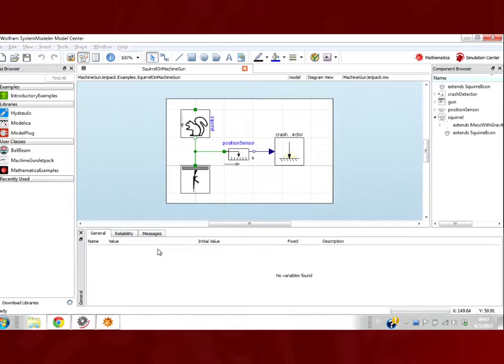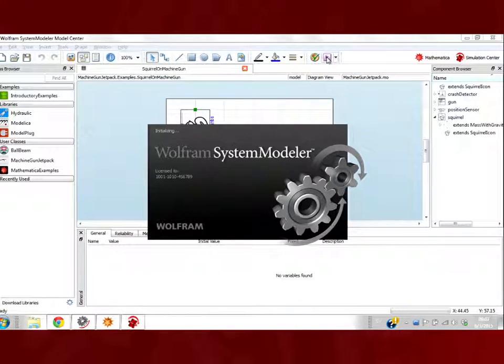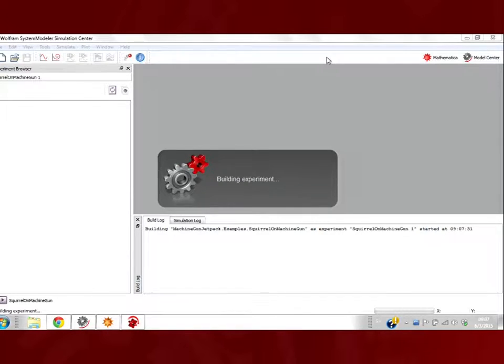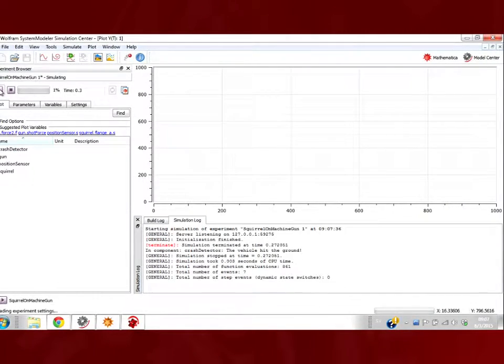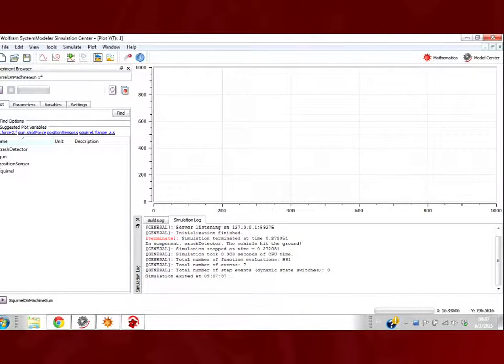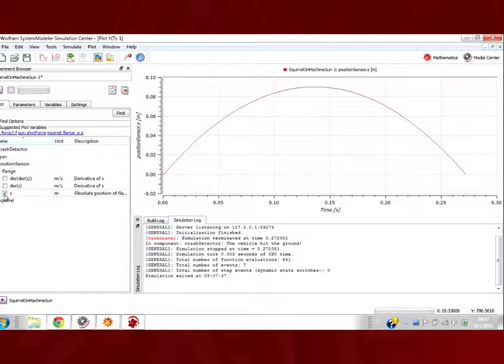Instead, let's do a simulation from in SystemModeler first of this. So I click Simulate. This is converted to C code, actually, and I can simulate and see the position sensor to see, with one gun shooting, how high will I fly. So we will fly like 9 centimeters, something like that,